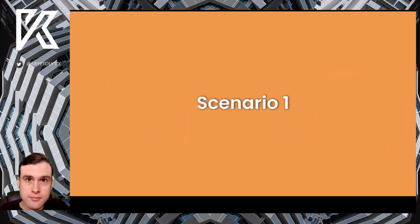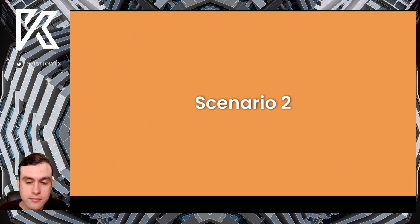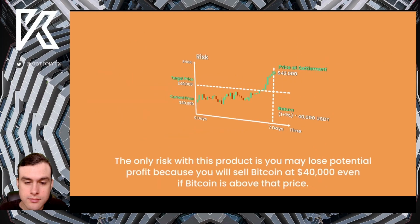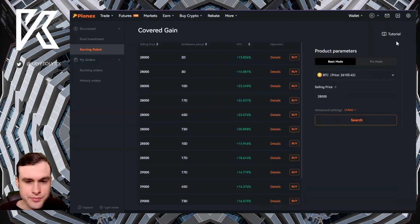Scenario 1. If the price at settlement is under $40,000, you will get 1 plus 1% BTC. Scenario 2. If the price at settlement is above or at $40,000, then your 1 BTC will be sold at the strike price, and you will get 1 plus 1% times 40,000 USDT. The only risk with this product is you may lose potential profit because you will sell Bitcoin at $40,000 even if Bitcoin is above that price. That's it. You are now ready to get